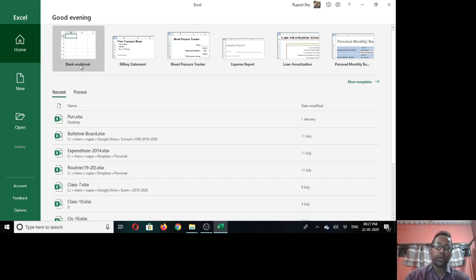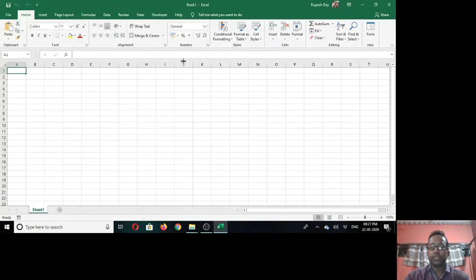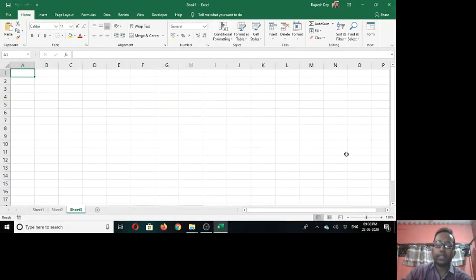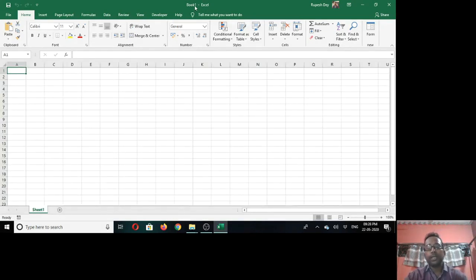So let me click on this workbook. This is the Excel worksheet window which consists of many different parts. They are called components of this window. One by one we will learn all these parts. At the top of this worksheet window, you will find a bar called the title bar. This bar is named the title bar because it contains two titles. One is the file name, that is Book1 or the workbook name, and the next one is the application name, that is Excel. Whenever we create a workbook in Microsoft Excel, the first time it will take the default name Book1, then next time for the next workbook Book2, then Book3. So this default name will be given by the Microsoft Excel application.